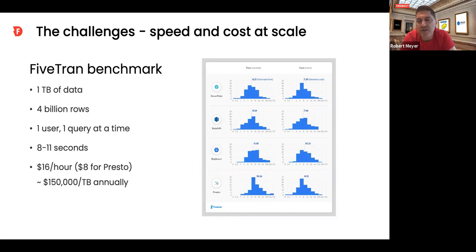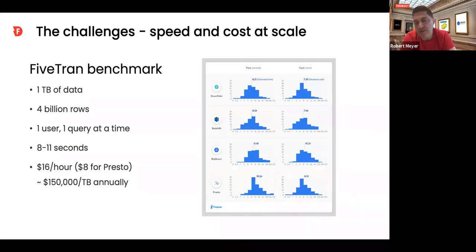So you're talking just about the infrastructure. At that price, $16 an hour is about $150,000 a year if you're going 24/7. The more business critical editions, like Snowflake Business Critical, are going to be twice that, so approaching $300,000 a year.